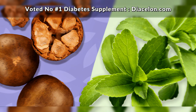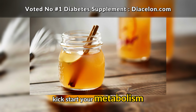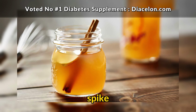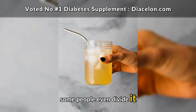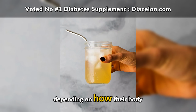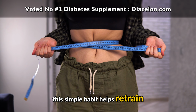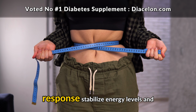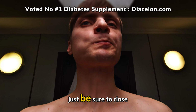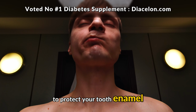spiking blood sugar. Drink this once per day, either in the morning on an empty stomach to kickstart your metabolism, or 20 to 30 minutes before your largest meal to blunt the blood sugar spike. Some people even divide it into 2 smaller servings, morning and evening, depending on how their body responds. Over time, this simple habit helps retrain your body's insulin response, stabilize energy levels, and promote fat loss. Just be sure to rinse your mouth afterward or drink through a straw to protect your tooth enamel from the